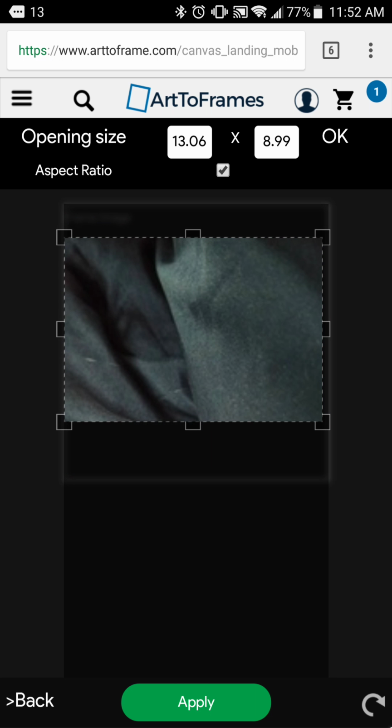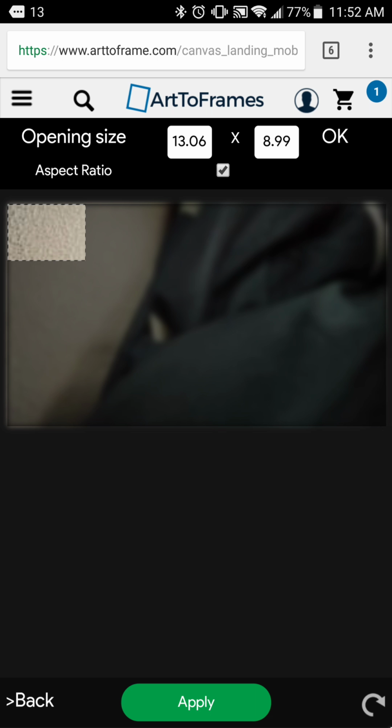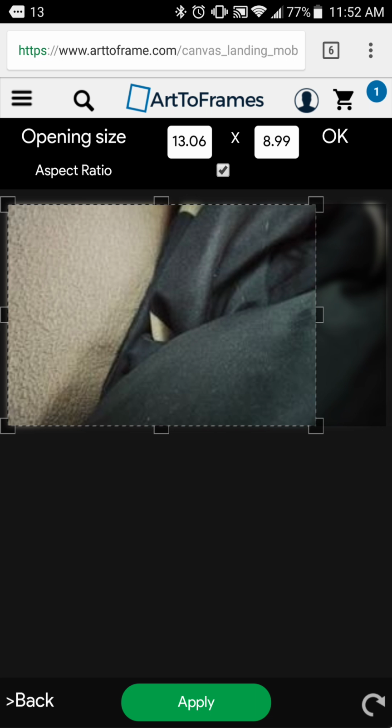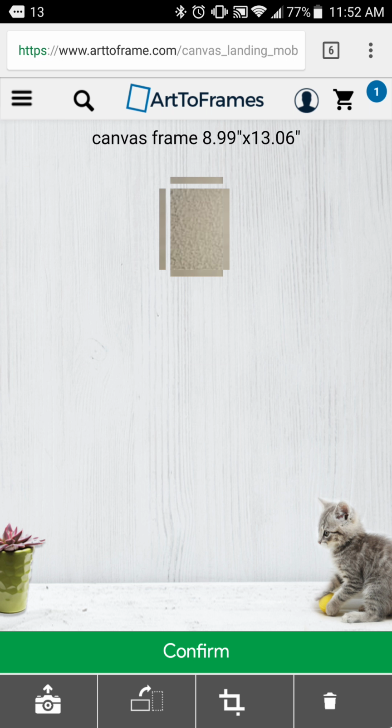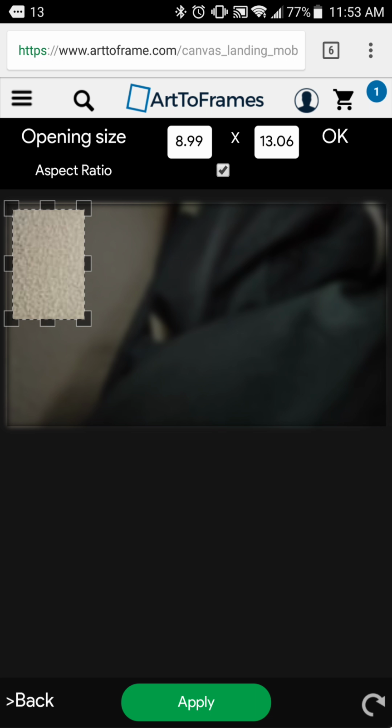Okay, the rotate function does work, so we're good there. Again, aspect ratio needs to be locked just like it is now. It's locked. Okay, I press OK, and we're good to go. If I wanted to rotate, I can rotate. You can see something weird happened in there. I'm not sure what, but